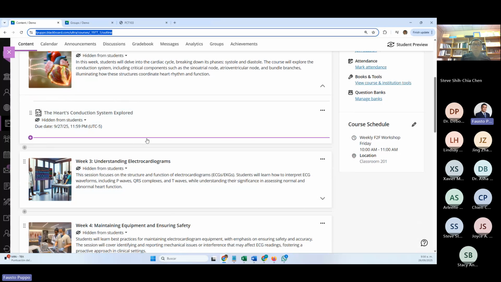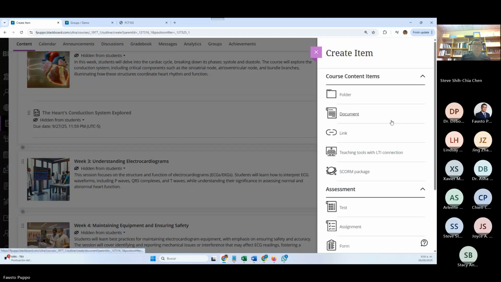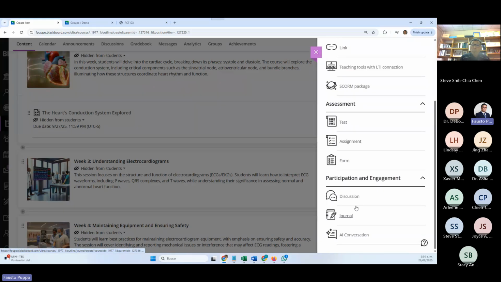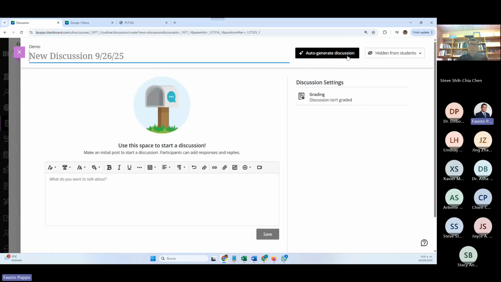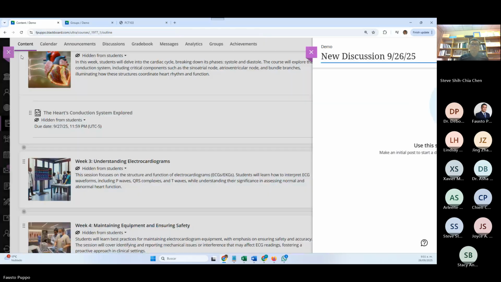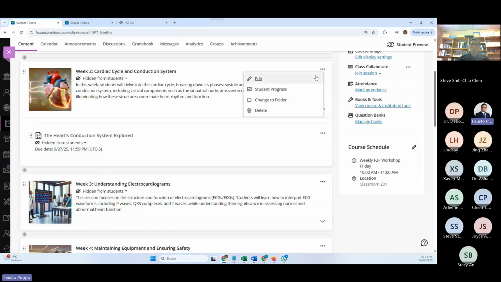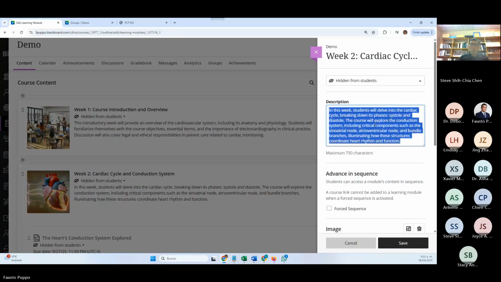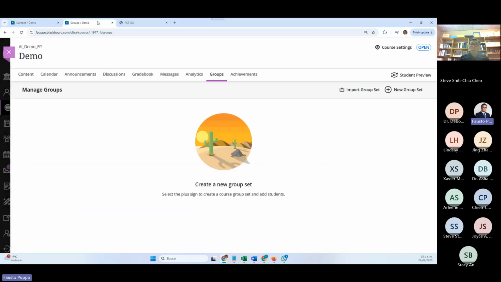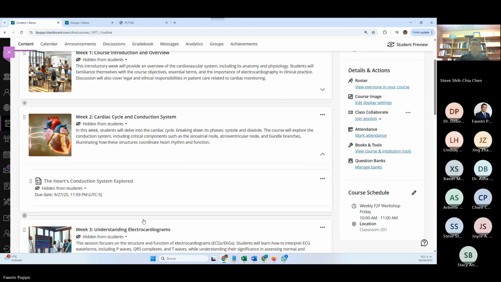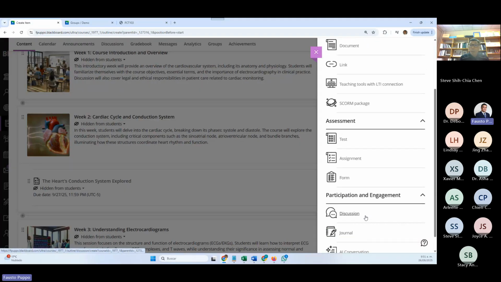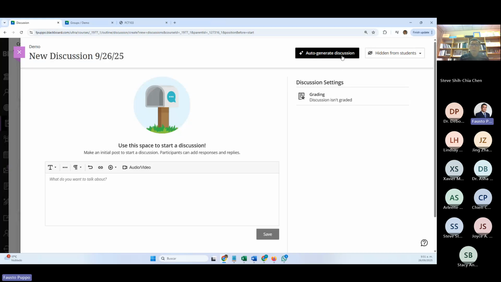And for the other one, I'm going to click on plus, create. And now I'm going to create a discussion. Journals, discussions, and assignments, all three of which you can generate using the AI Design Assistant. Click on discussion. I almost forgot something. I want to include the topic here. Now I have my prompt. So click here, create discussion, auto-generate,